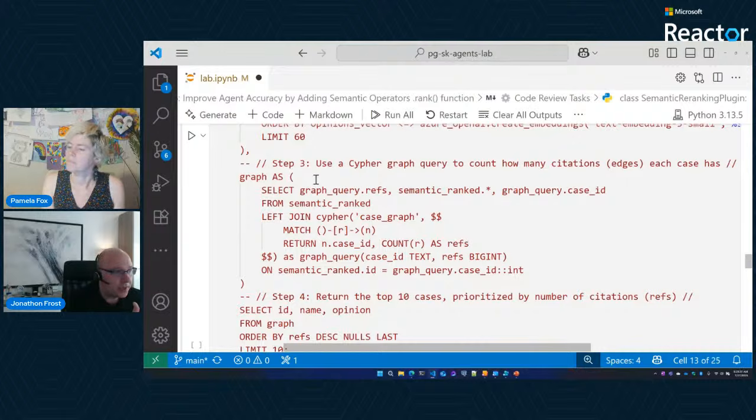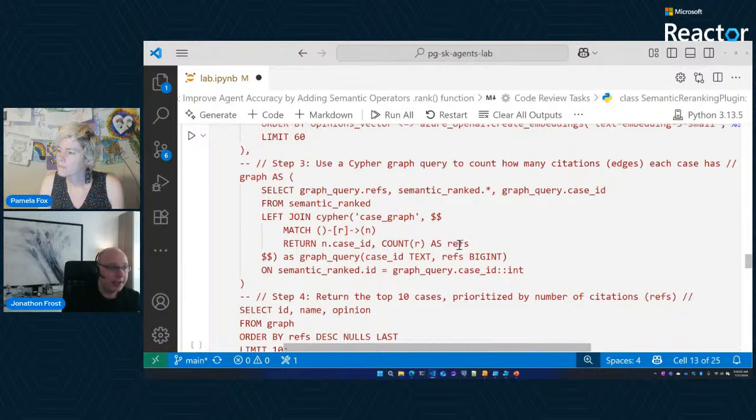And so that's what we're doing here. We're taking in those cases, and then performing a Cypher query to say, hey, give me all the cases and order them by the count of the refs on those cases. In this case, refs is citations.